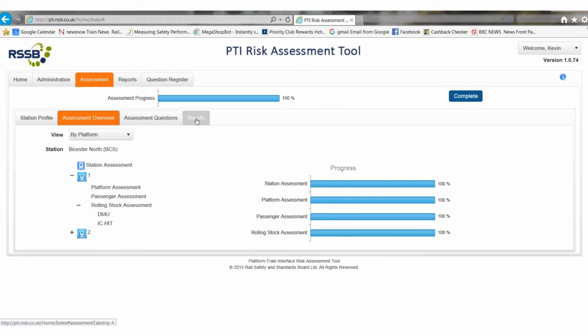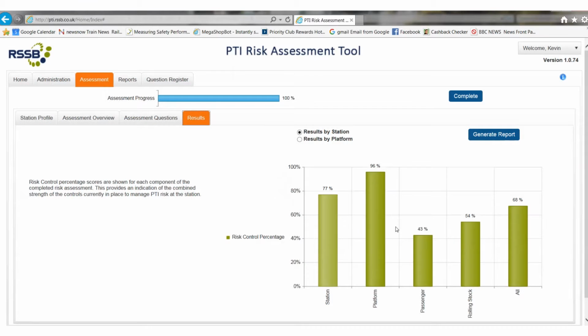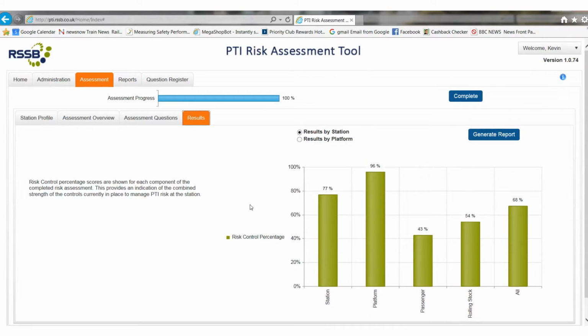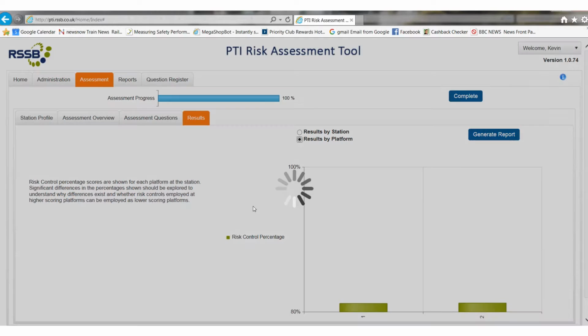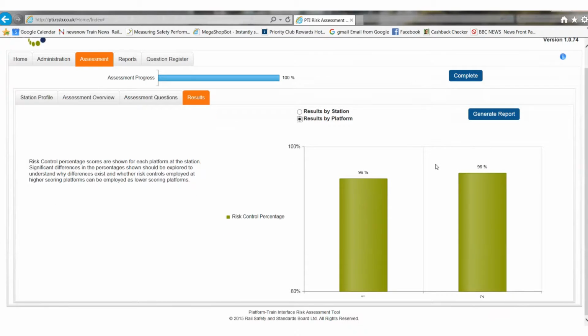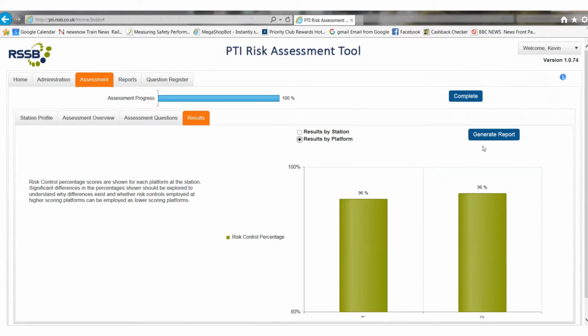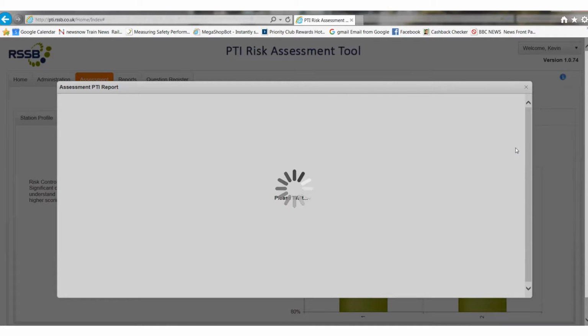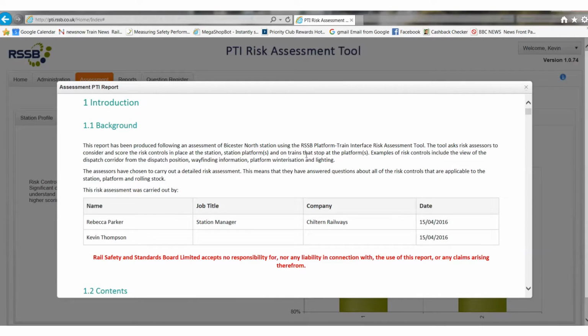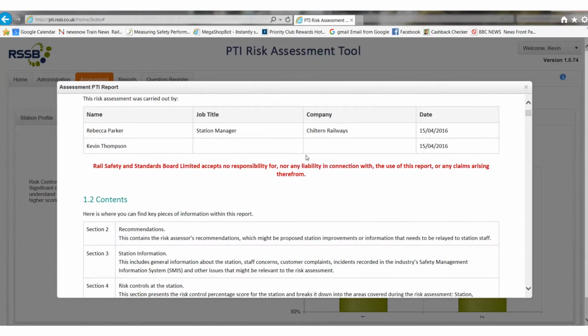The final tab is the results tab, and this shows you your scores, your risk control scores for each part of the assessment, and also the relative platform scores for the platform assessments, and also you can, perhaps most valuably, generate a PTI assessment report. And this shows you who was involved in the assessment,